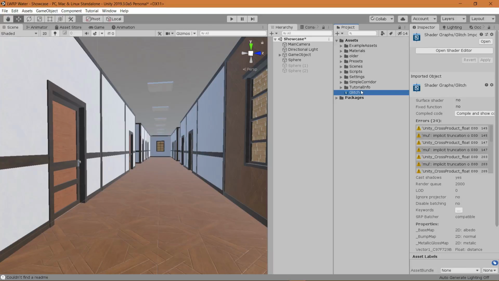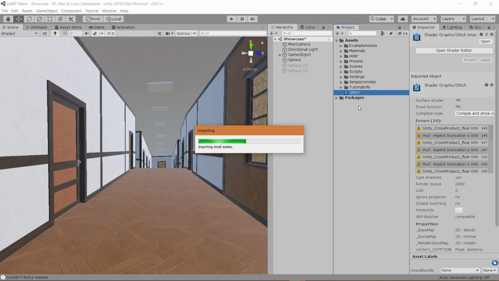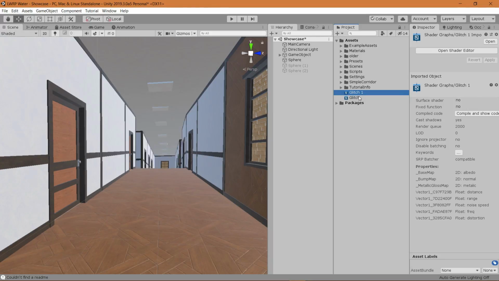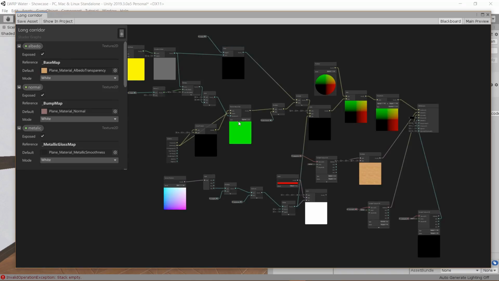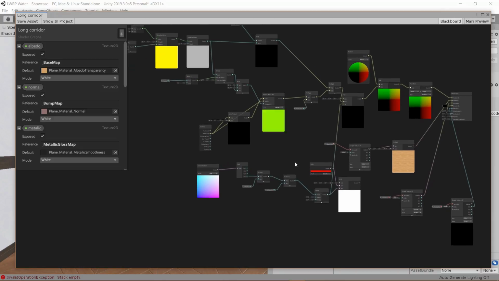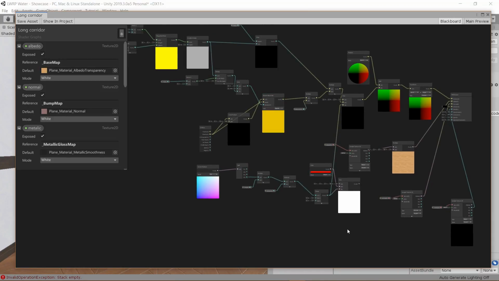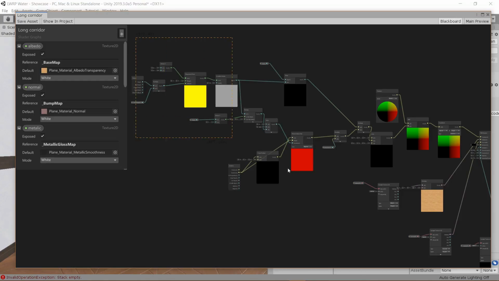So what I'm going to do is duplicate that glitch shader that I already created, rename it long corridor, if that's how you write it, and then open it. And actually you can start from here, you don't have to have the glitch effect previously. I'm just using it so that, well, I'm going to delete almost everything,